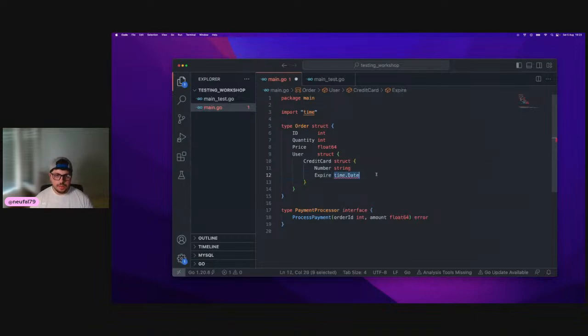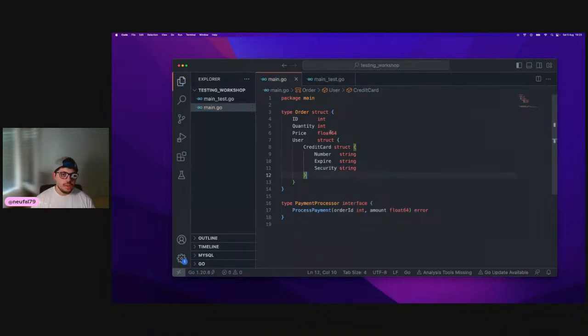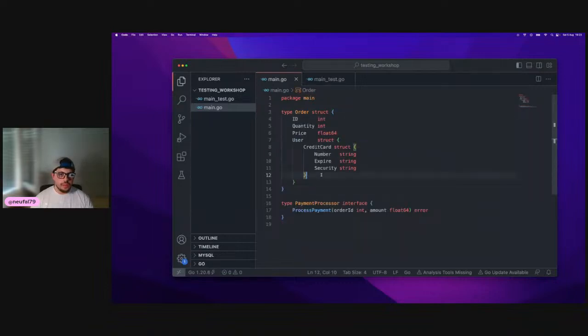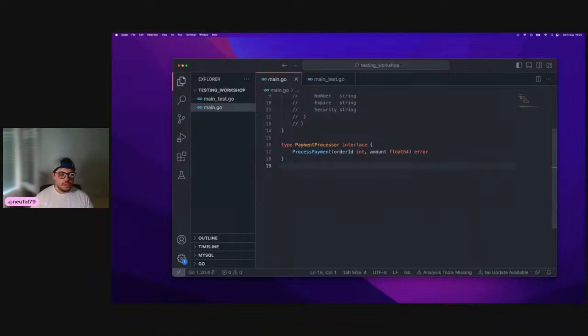Okay, let's just keep it as a string, just not to make it expire, and the CSV, let's say security. So we'll have a user with all this information, and that information will be sent to the process payment, and it will check if the user can make the payment or not. But in this case, we'll just keep this out because we don't have a user, we don't have all this information, and just to make it simple. So once we have the payment